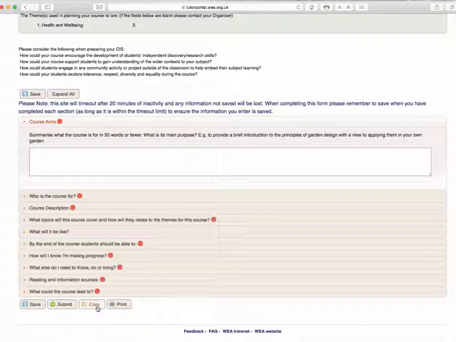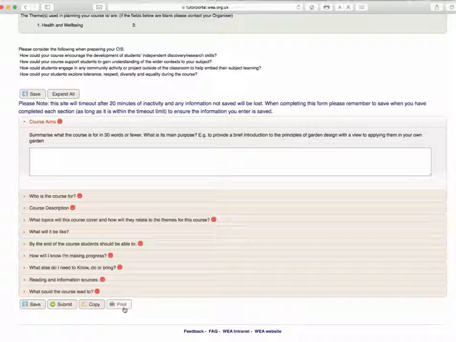Once you've chosen the correct course information sheet, you need to click on Copy, and you will then be given a warning box to say that any information that you're currently working on will be overwritten. If you're happy for this to happen, then you click OK, and the information from the previous course information sheet will be input into the one you're currently working on.